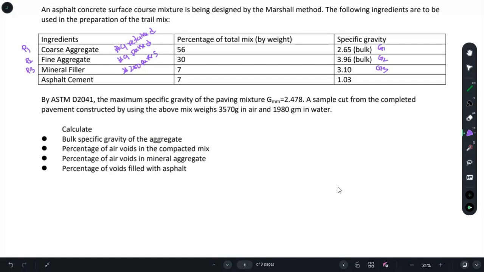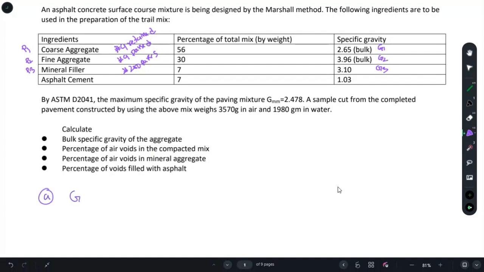Well, let's find out the specific gravity of aggregate. So what do we mean by that? We mean that we have different sorts of ingredients, and amongst them we have three sorts of aggregate, that is coarse aggregate, fine aggregate, and mineral filler. And these three ingredients have different specific gravities. We will find out a single one that will represent the aggregate, and for that we have a formula,